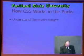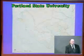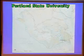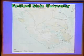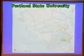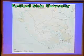A good example, I think, of how that worked is up in Glacier Bay on a project we did a few years ago there. This was kind of a one-shot deal where we came into the park. They have a 5-mile road, and it was scheduled to be reconstructed. And we'd never worked with any of these people before, and so building rapport with the people is something